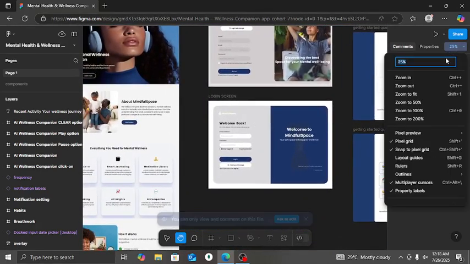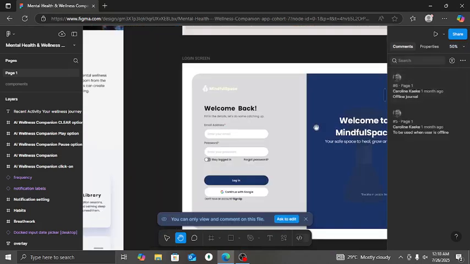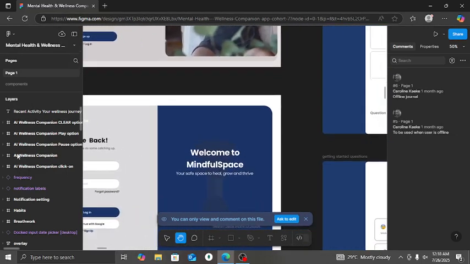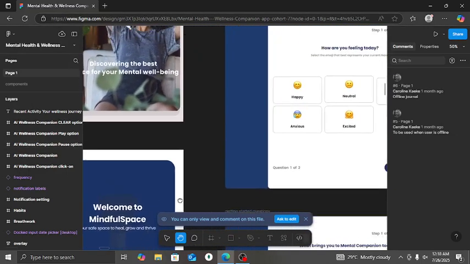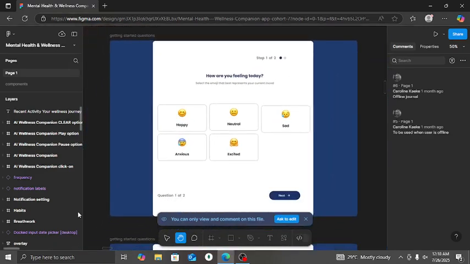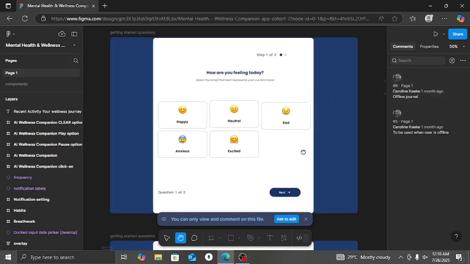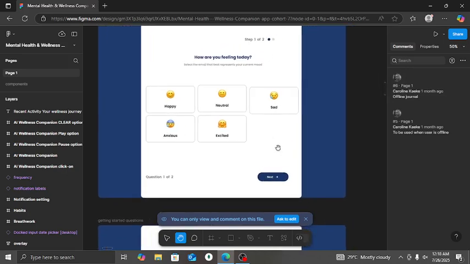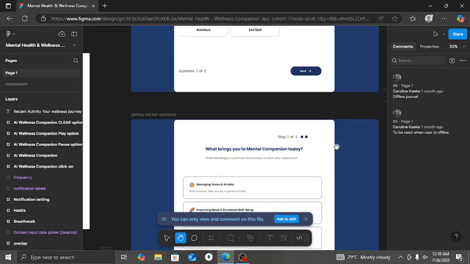If we zoom in a little bit, you see this get started button. Once you click it, it should take us to this page here, which is the get started questions. So the first API we are going to have is going to be one API. I believe it should be for this page 1, 2,